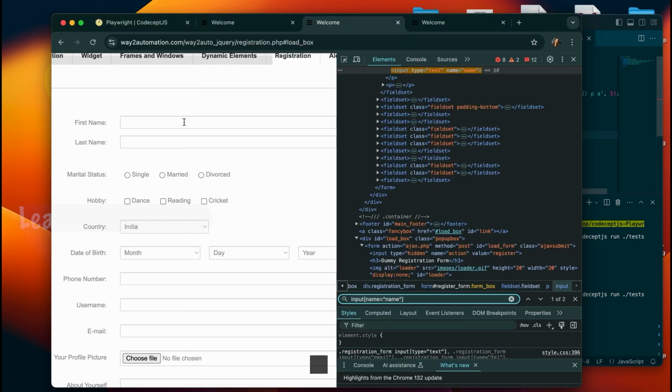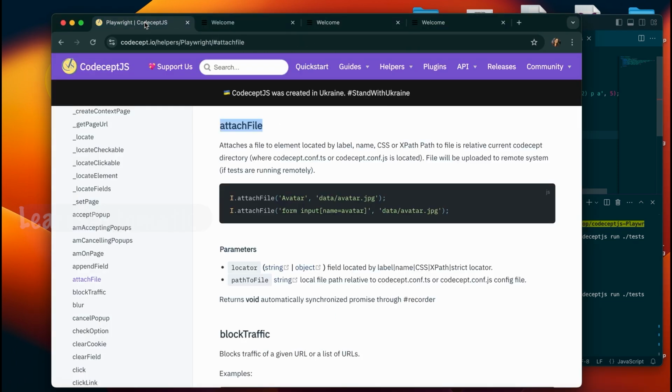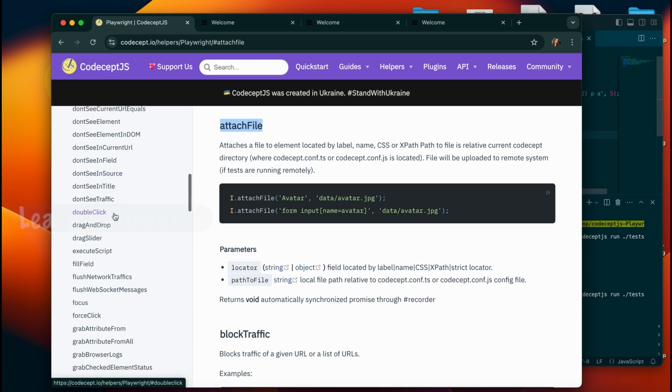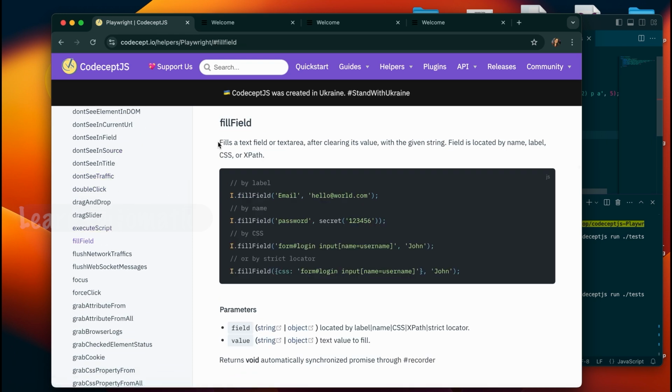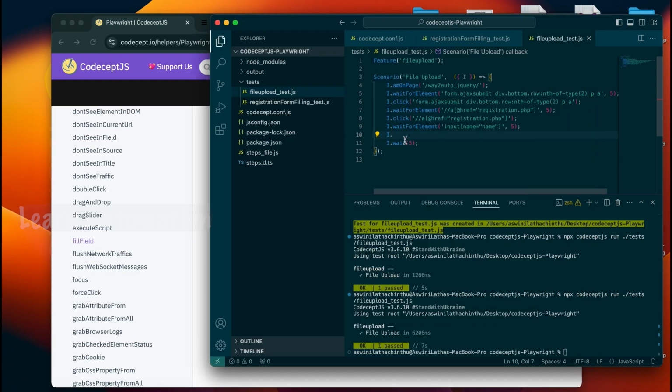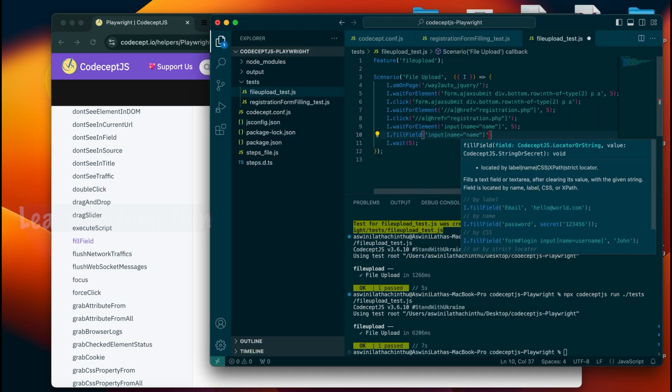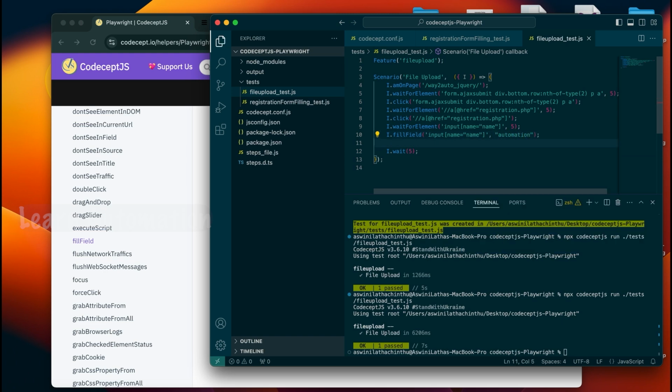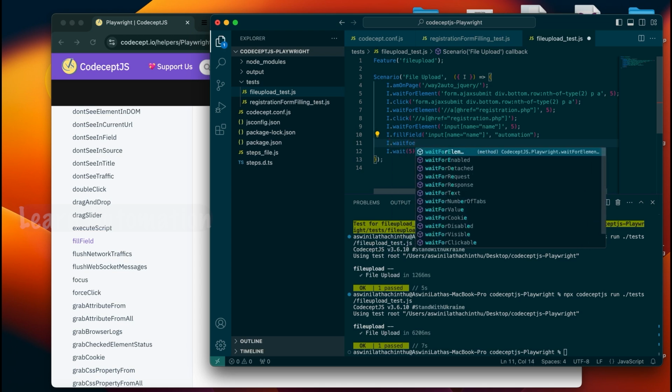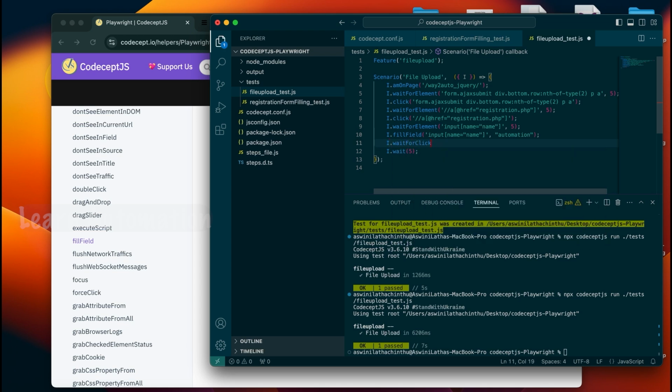and then here we need to enter the text. In Playwright, to enter the text we have an inbuilt function which is fillField. What it does is fill the text area after clearing its value with a given string. So I'm going to use this again. So fillField, and then I'm going to enter whatever we want. And again we are going to perform the same: wait for element,